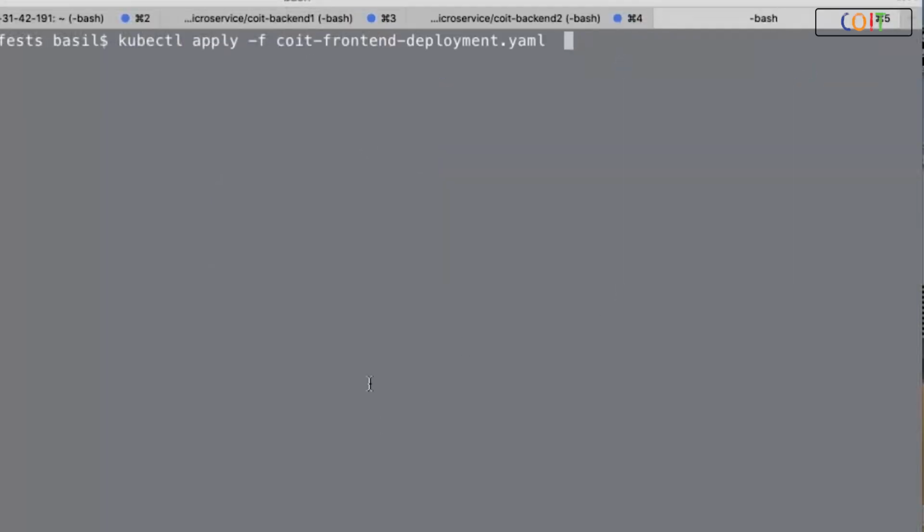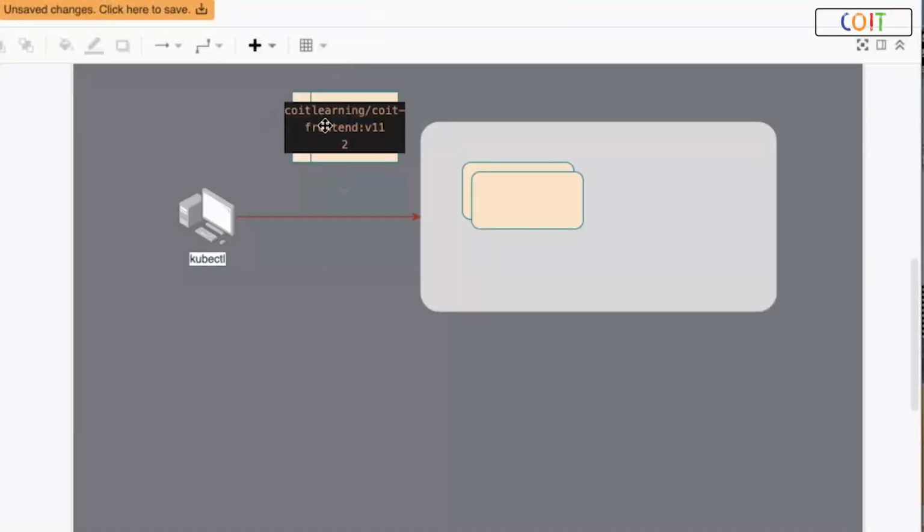So let's see what happens. So it says the deployment got created. Whatever deployment it is, I'll tell you what a deployment is later. But this is the desired state right now in my cluster. I want two containers to be created from this image, and let's see what is going on inside the cluster now. I am expecting that now two containers are getting created inside the cluster,